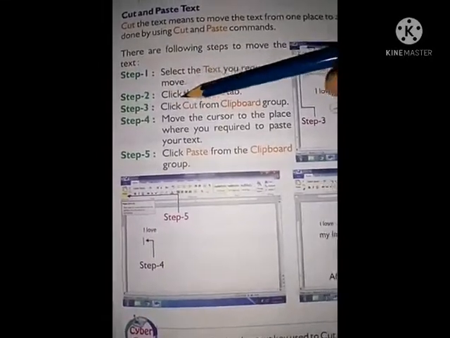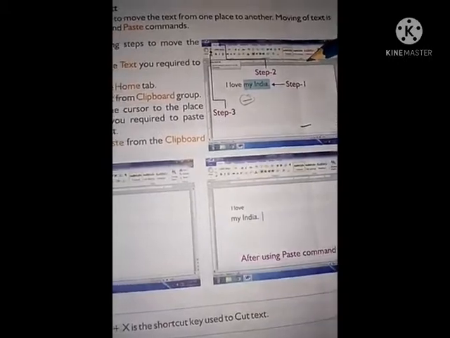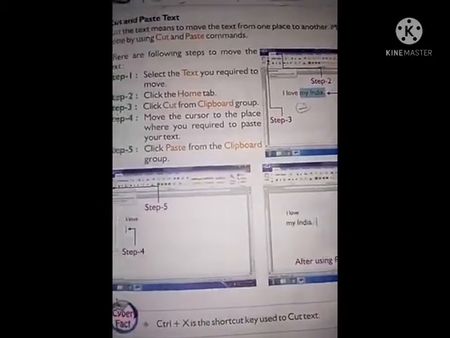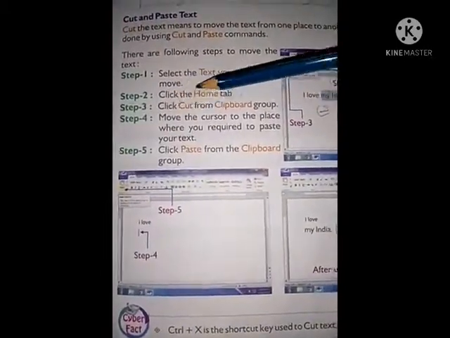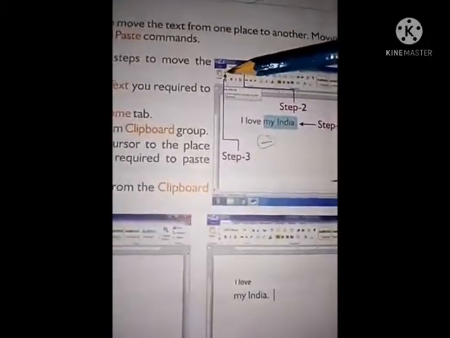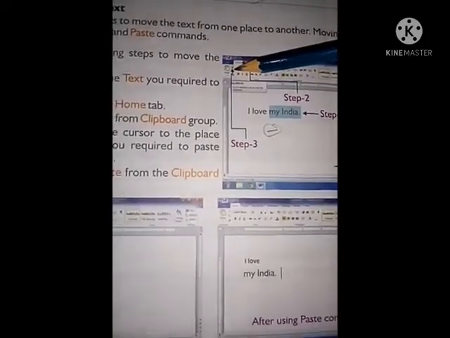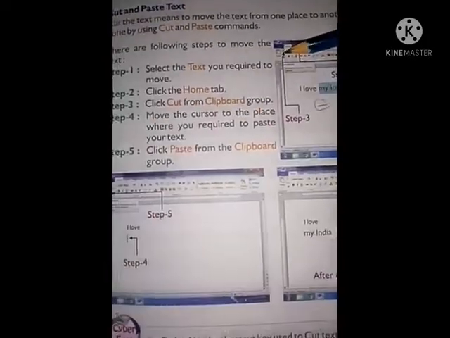Step 2, click the Home tab. Step 3, click Cut from the clipboard group. In the clipboard group, this scissor is available. This is the cut. So we can use this scissor to cut the text. Okay.